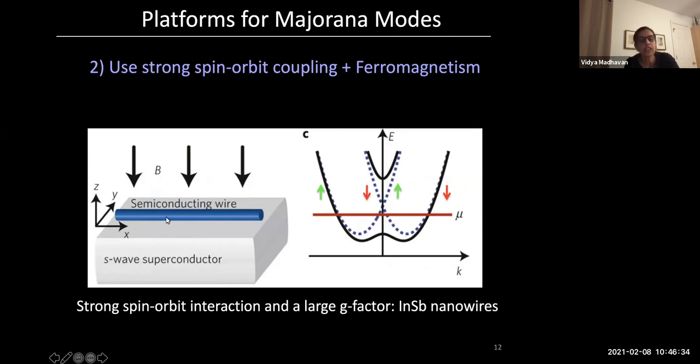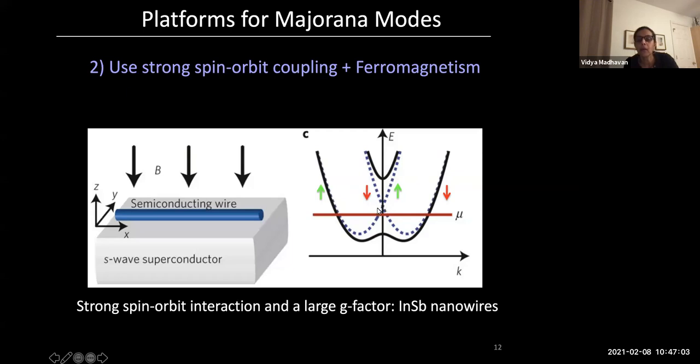So in such a strong spin-orbit coupled nanowire, because of spin-orbit coupling, you would have Rashba splitting. That's what these dotted lines are showing. These are the two bands that you would normally have, split by the Rashba coupling, okay? And now if you could turn on a magnetic field or introduce some magnetism in the system,